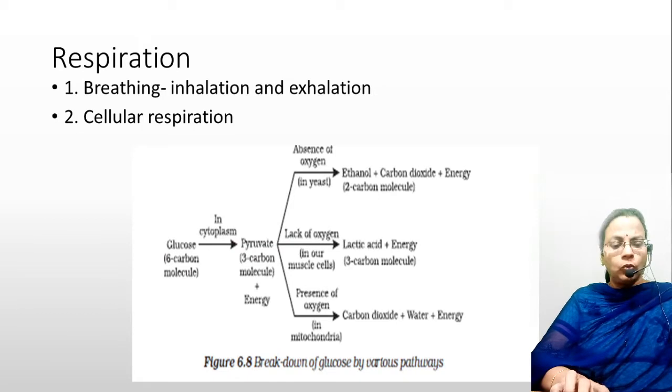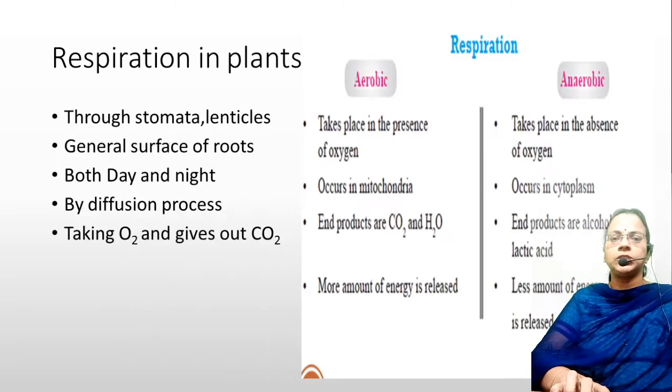Okay, now we will move on to the next step, the difference between aerobic and anaerobic respiration. Two mark questions they will ask. Aerobic respiration takes place in the presence of oxygen, and anaerobic respiration takes place in the absence or deficiency of oxygen. Second point, aerobic respiration occurs in mitochondria, whereas anaerobic respiration takes place in the cytoplasm, that means the cytoplasm of the yeast cells or the cytoplasm of the muscle cells.